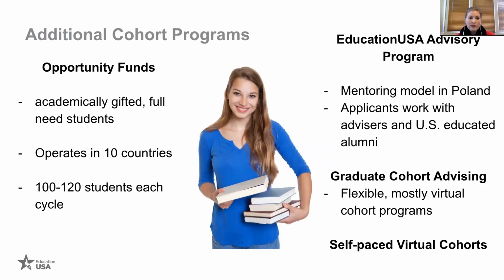So if you're working with those students, be sure to, again, ask us about which countries they're operating, and we can help you there. Each year, the cycle is going to be slightly different. Some of the countries where the Opportunity Funds is operating, they have 5 students, 3 students, and some have as many as 30 or 40 students. So on any given year, we'll have between 100 and 120 students in Europe and Eurasia who are part of these Opportunity Fund cohorts. And with that, I will pass it on.